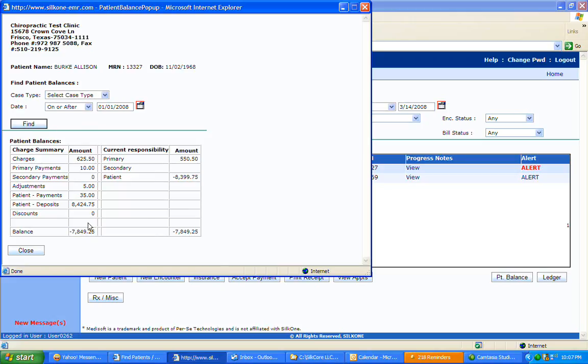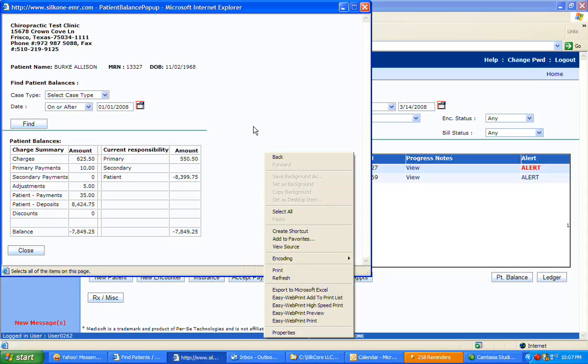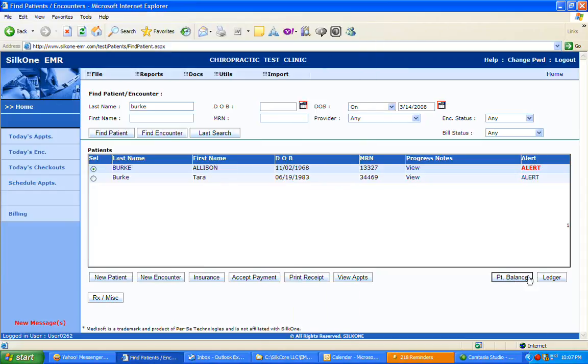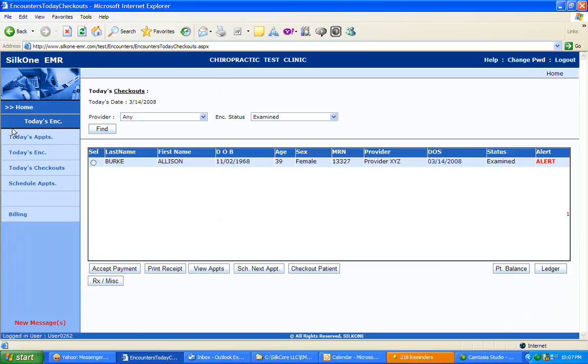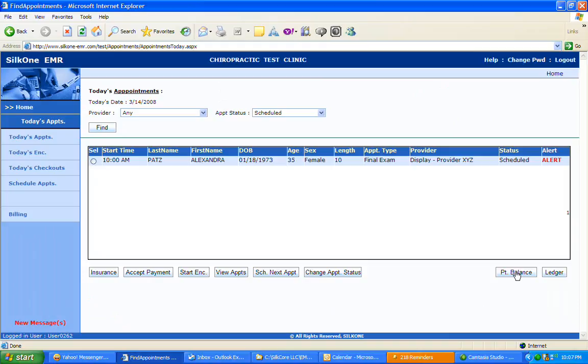If you recall the numbers in the ledger, these are exactly matching those. Okay, here are the total charges, primary payments, adjustments, patient payments, unapplied deposits, and here is the balance, which is a credit. Okay, and this is the current responsibilities. And you can, like I said, right click on the white space and print this out and give it to the patients. Okay, so this is really the summarized view of the ledger, available on the home page. If you go to checkouts here, see, it's right there. Okay, so it's on the appointments also. So again, a very powerful thing, a very quick summary, which you can even print and give out to the patient. Okay, so that's the ledger,